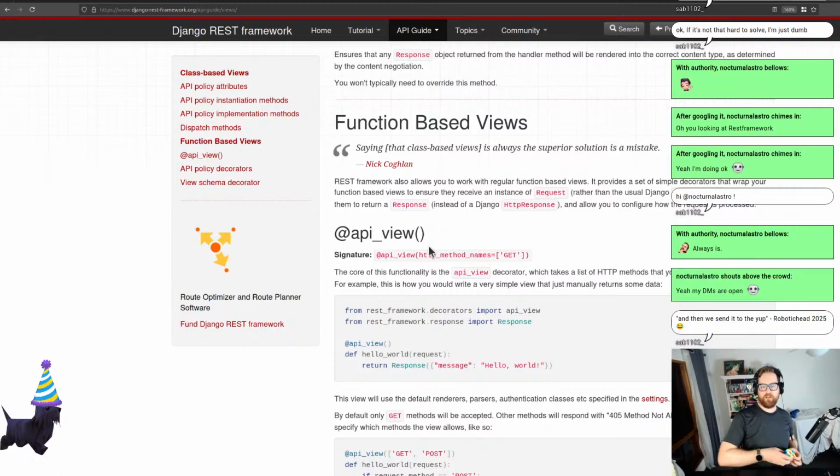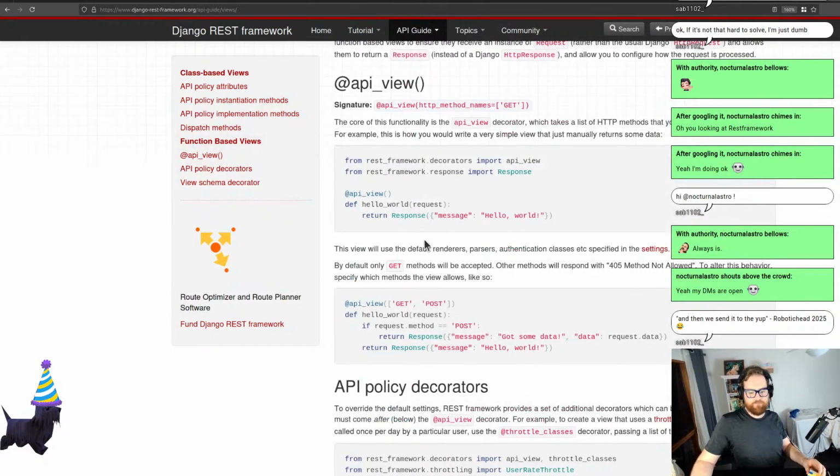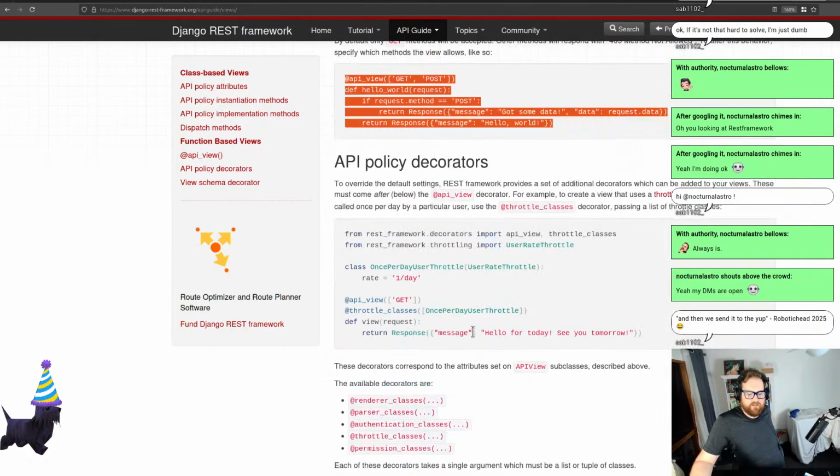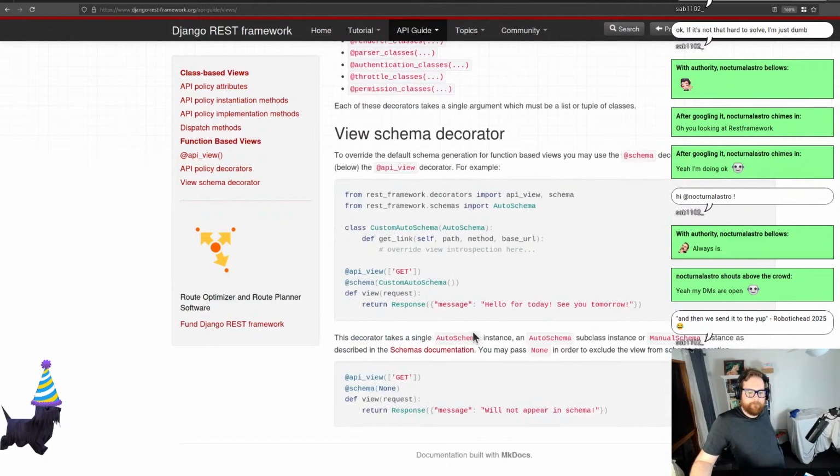Function-based views. REST framework also allows you to work with regular function-based views. It provides a set of simple decorators that wrap around your function-based view to ensure they receive an instance of Request rather than the Django HttpRequest. All right, cool. api_view, yep, sweet. And then it responds like that. If request.method is POST, yep. Otherwise, hello world. Do we get a custom template? No. I'm